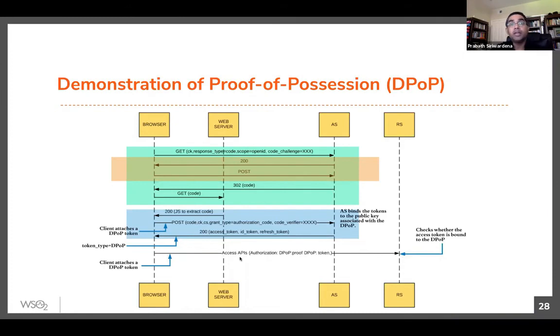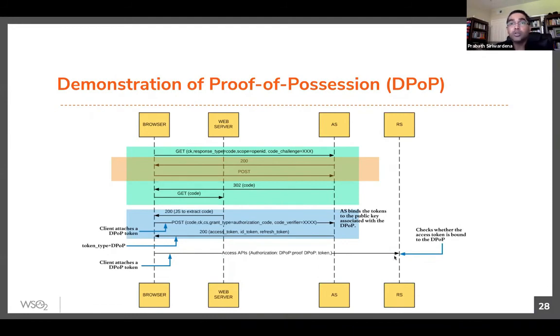You send that JWT, the DPoP proof, and also the access token that you got from the authorization server, to the resource server. The resource server will first validate the proof of possession token, validate its signature, right? And also it will check whether its own endpoints are in the JWT claim set.